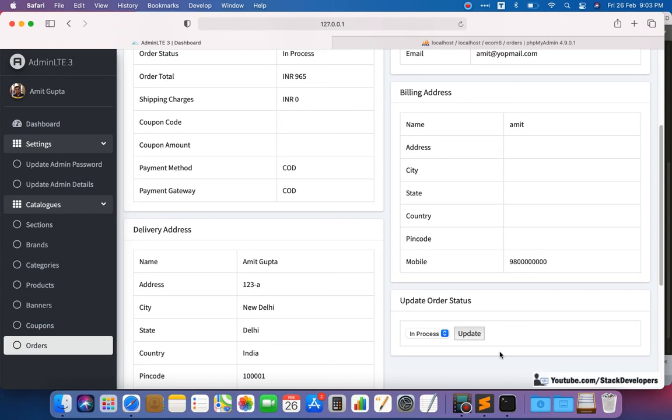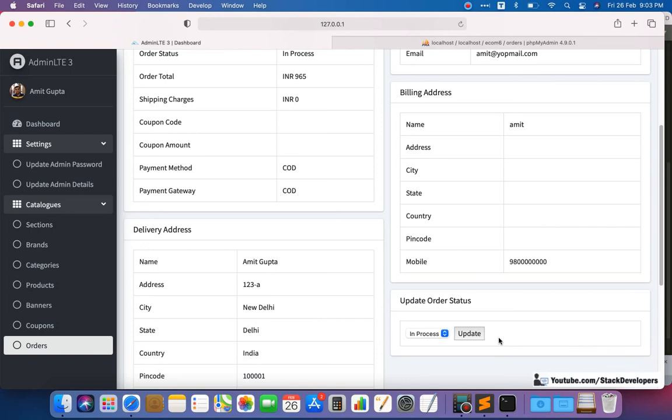And here along with the status, one more field is required. That field is the tracking number field, or we can say the AWB number. So that number you will send. See, whenever you go to your courier partner, they will give you one number that the user can check online. Like if you go to Blue Dart Courier, or International FedEx Courier, every courier will provide you some tracking number by which you are able to track your order. Okay, so the same tracking number we want to send to the user.